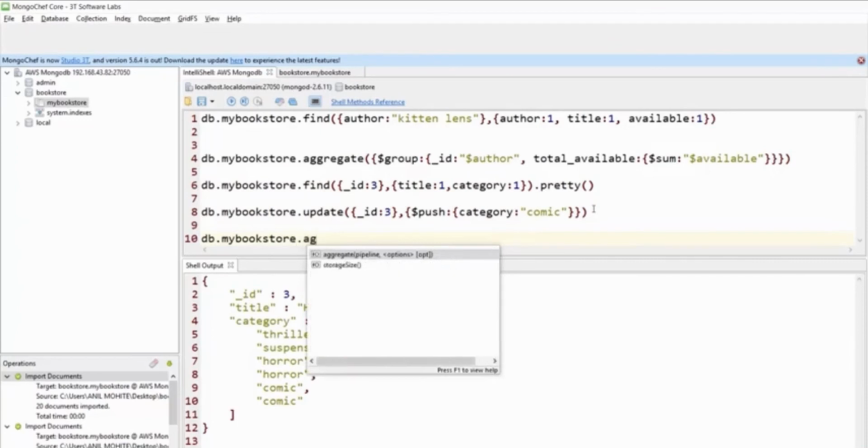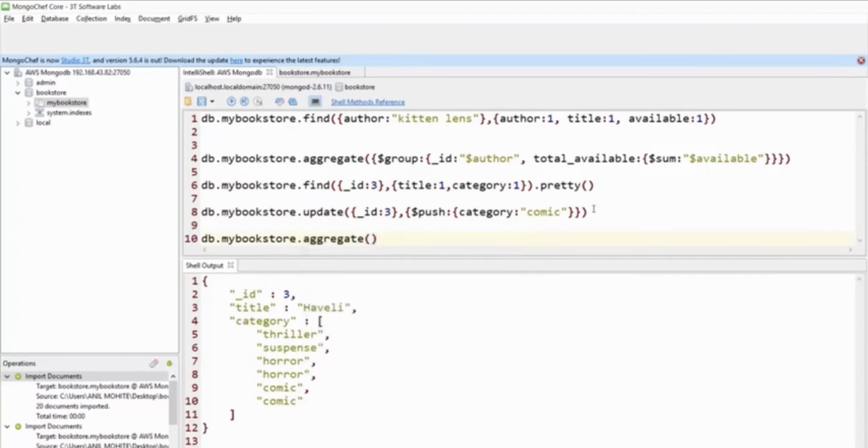Okay, now what I'll do is I'll again say db.mybookstore.aggregate. This time in the first pipeline, I'll use an operator called $project. And in this, I'll say the output should only have title, category, and author names.